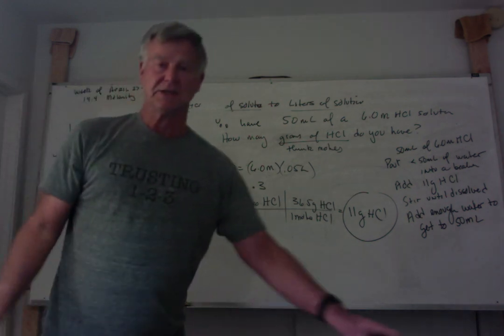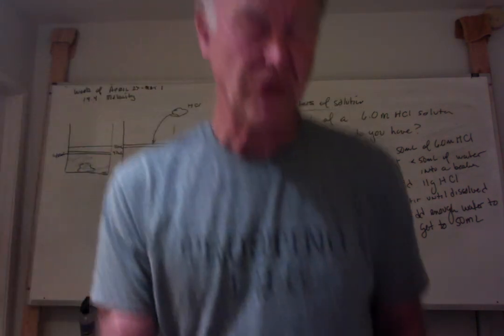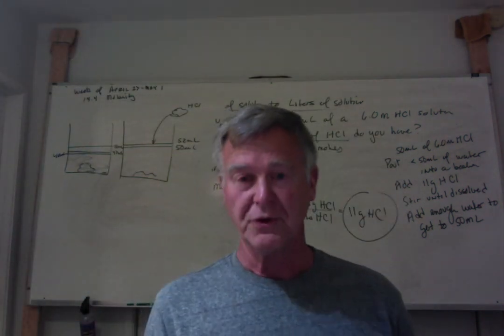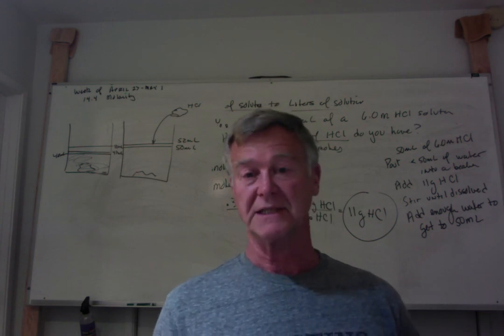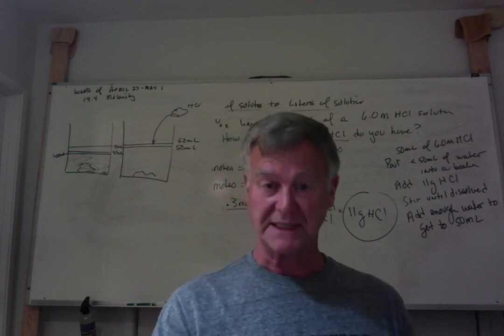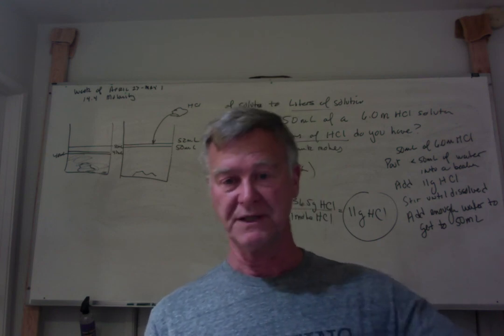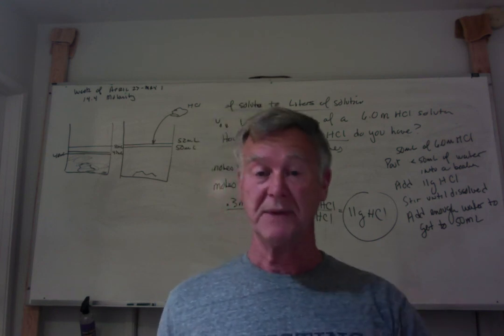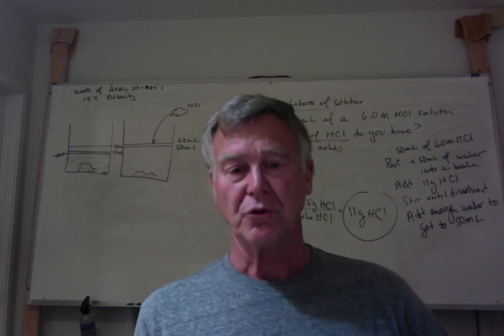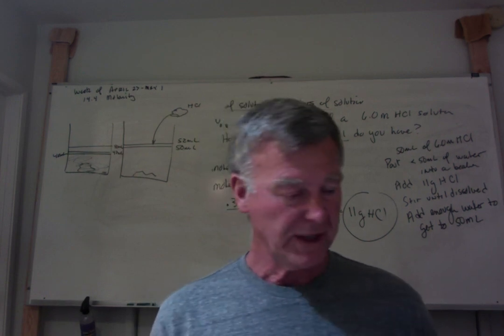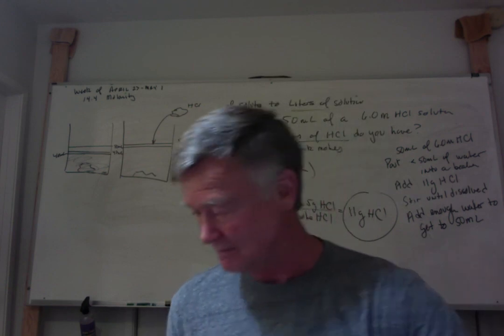So in class, if we were doing this, I would have instructions for you, where you would actually write up the instructions. I would actually give you chemicals, and I'd say, I want you to mix up this molarity of this, so many milliliters of this molar solution, and explain to me how you're doing it. So there's a question in your book on it. What we're going to do in this section is